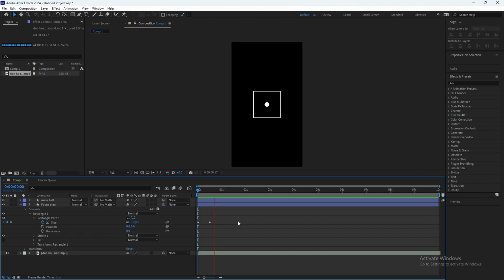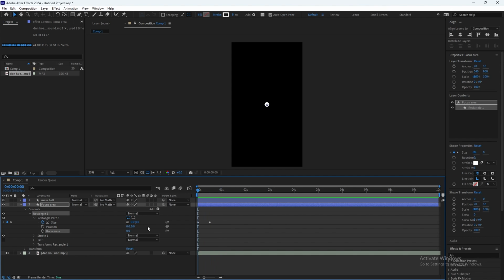So now Block out 1 hour a day. it will look like this. I know it looks bad, but bear with me, we can do it. Okay, so now I will do the roundness too. Click here, move 15 frames, and again click here to go to the last keyframe, and I will change the roundness to the top. Block out 1 hour. And now it looks like this. Block out 1 hour. But again, bear with me, it will look good, don't worry.